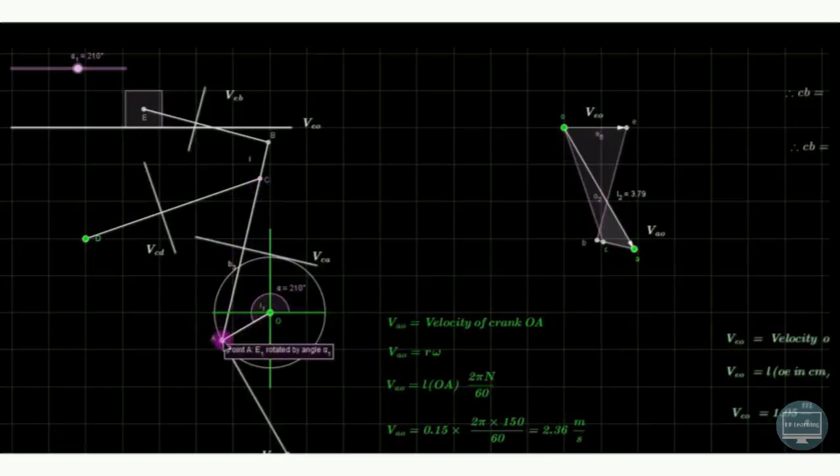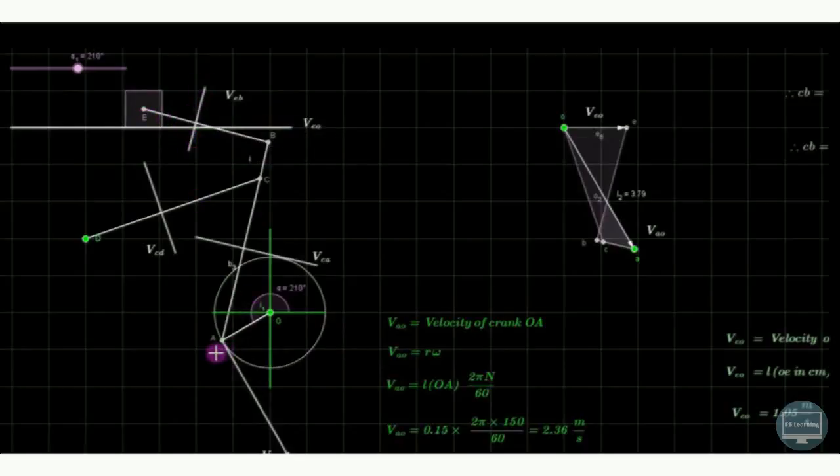So OA is rotating, this ACB link is oscillating, then CD is oscillating, BE is also oscillating, and E is the slider which is sliding with respect to the fixed point. So C with respect to A is also perpendicular to this particular link. Then C with respect to D, that velocity is also perpendicular to this link at any particular instant. Similarly, velocity of either E with respect to B or B with respect to A is always perpendicular to this